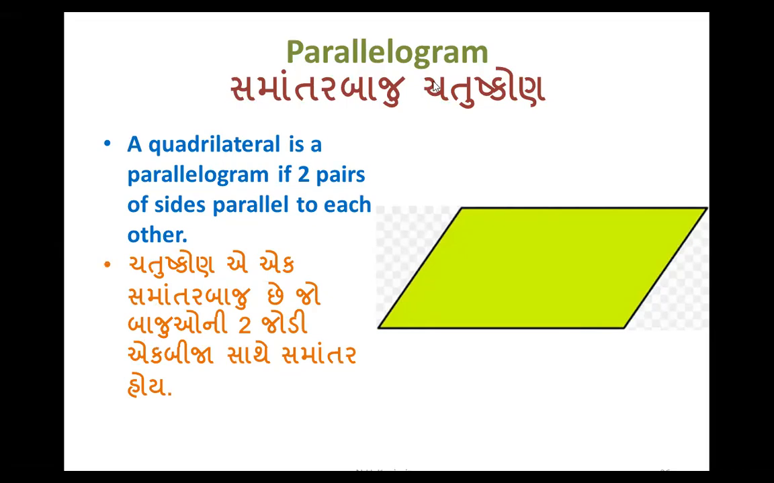In that chapter, you have their properties, their definition, their proof, examples and the theorems and many more. But here we just discuss the definition and the property only, without proof. So definition of the parallelogram, Samantar Baju Chatushkon. It's a quadrilateral which two pair of the sides are parallel to each other. That's mean